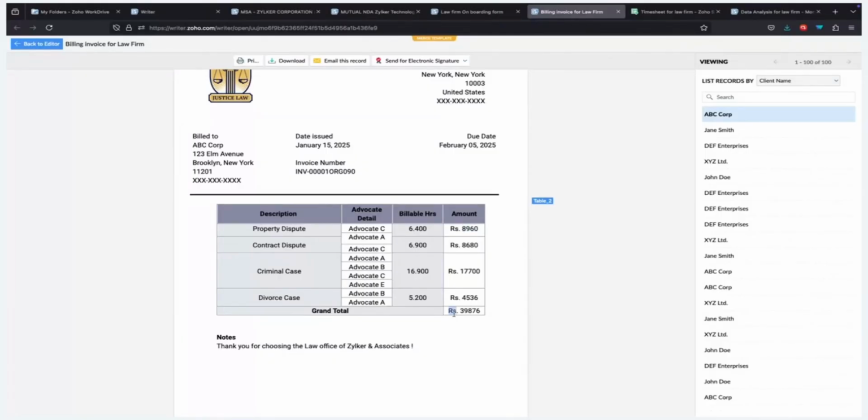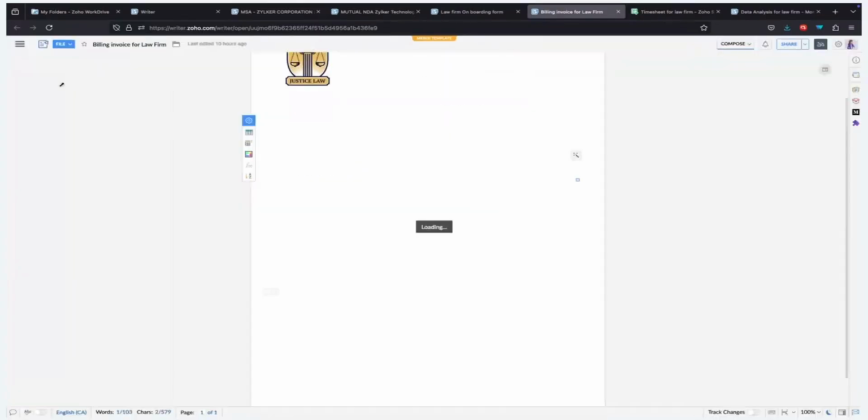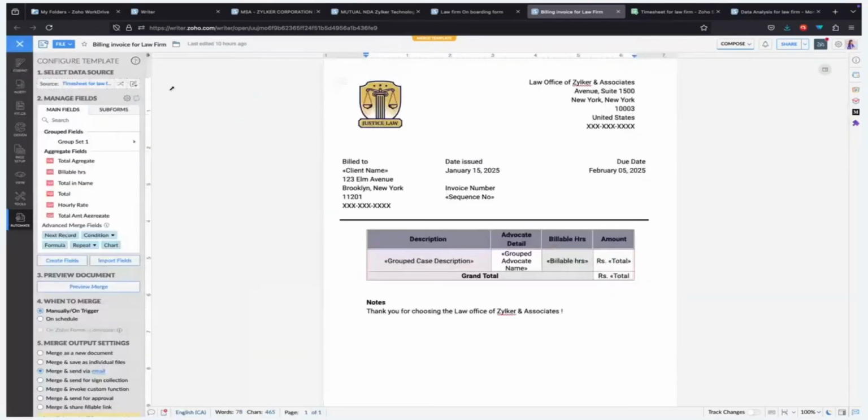So now all I can do is just simply email out this invoice and wait for my payment. So this is how you can make use of aggregate, group by, and merge operation to display the contents that you have. So the raw data that we have can be visually represented in an excellent manner to generate the invoices. So now, next, let's move on to the other use case,